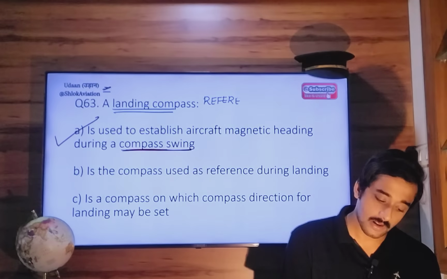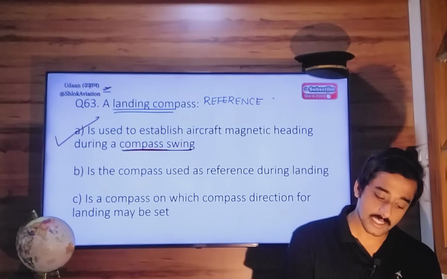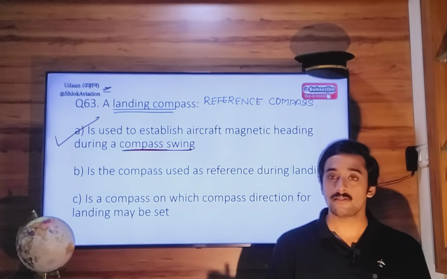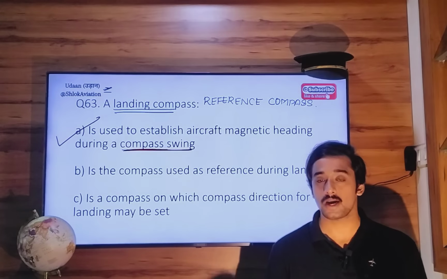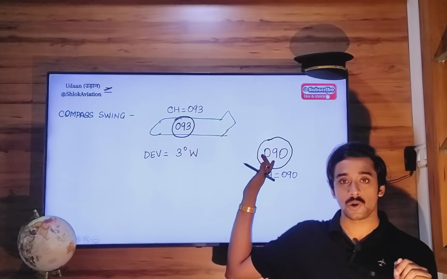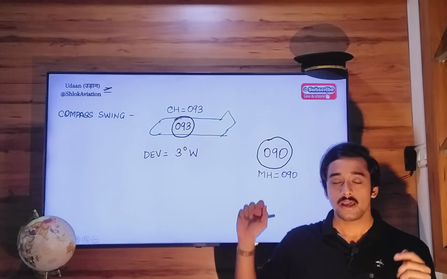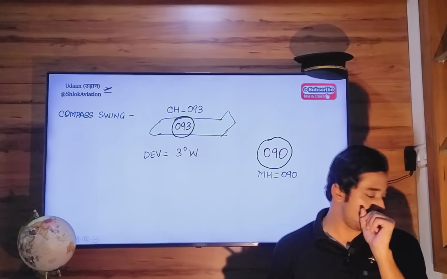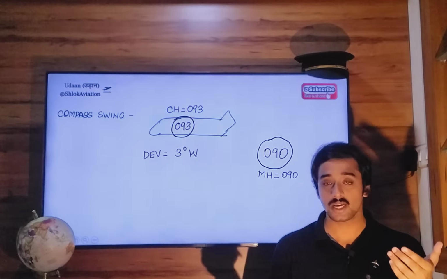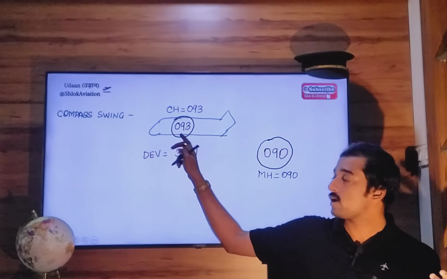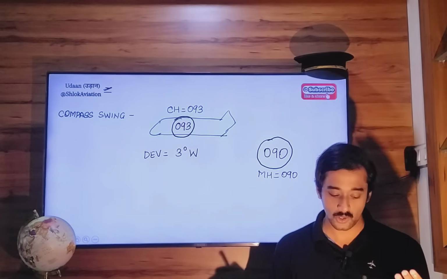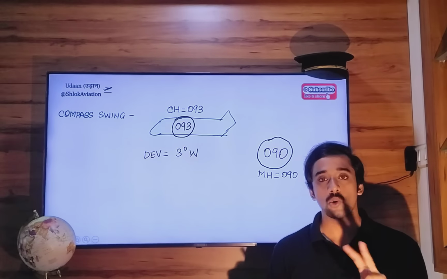It's a reference compass, and we consider this reference compass to be perfect. So first, they will check the heading shown by this landing compass, or reference compass. For example, if it shows 090, they will check the same heading shown by your compass in the aircraft. So if the compass in your aircraft shows a heading of 093, like here, they will note the difference,